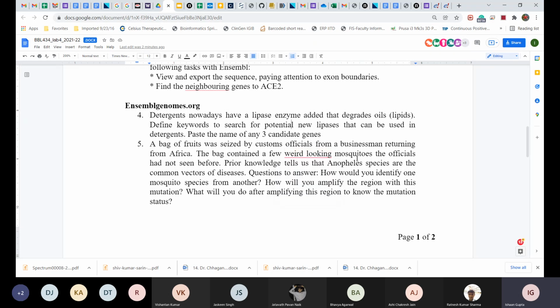Because the fruits typically have a lot of these eggs, if they have not been washed, and let us say these eggs hatched during the process of the flight and small mosquitoes came up. Okay. The officials did not know what these mosquitoes were. Prior knowledge tells us that Anopheles species are the common vectors, these mosquitoes which carry a